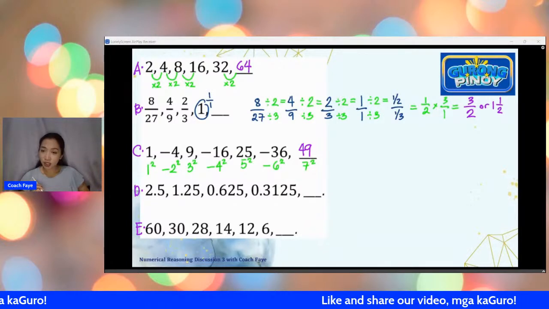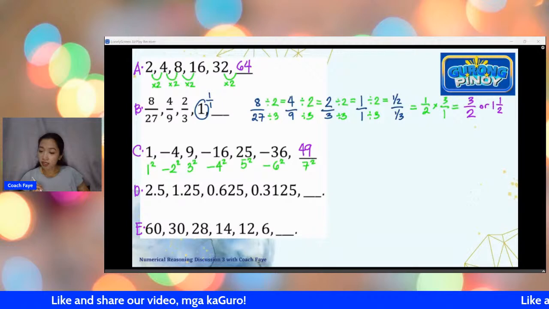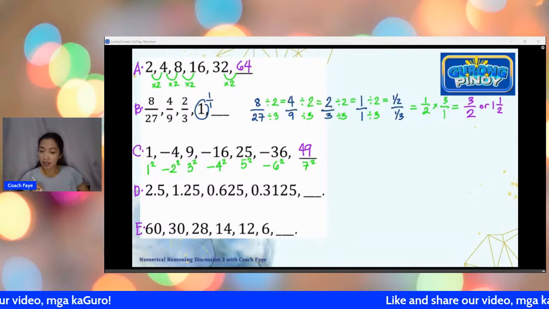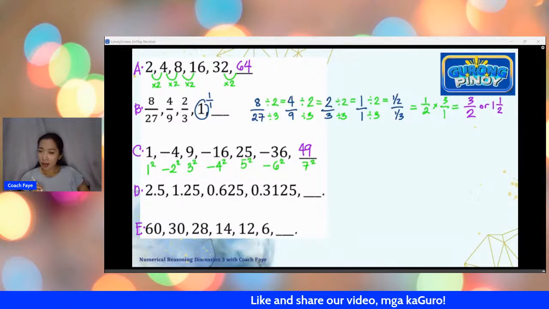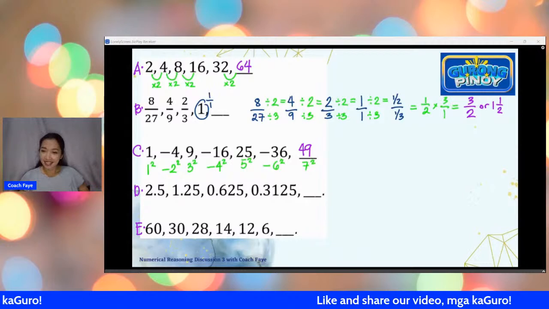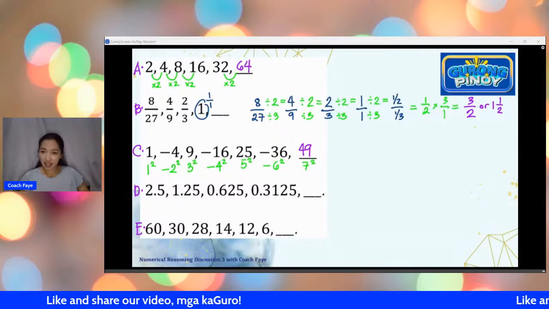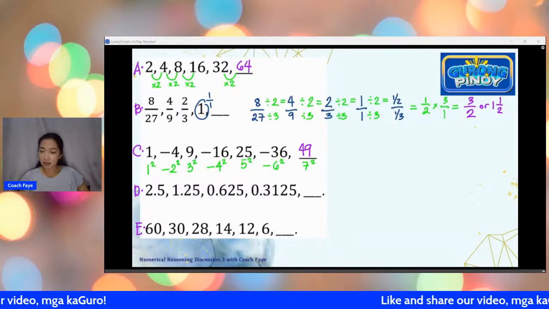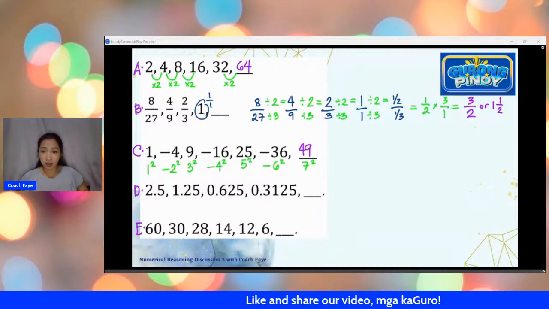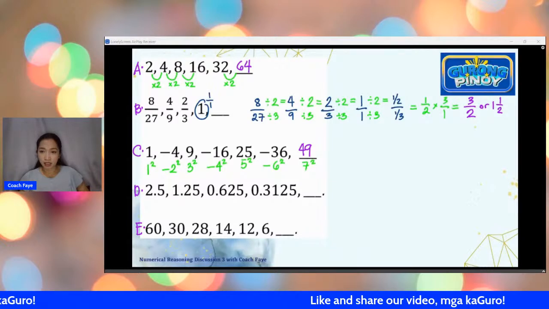So, what else? Letter D, may answer na po dito. Si Ma'am Jevy May, 15625, yes. Tama po, si Ma'am Jevy May. Yung sa letter E, Sir Miko, review ulit. Malapit na malapit po kayo. Paki-check muna. Tama ba? Take two, Sir Miko, take 2 muna. Ayan, si Ma'am Johanna, tama. Si Sir JC, pwede rin. All positive numbers muna. Tapos, mag-alter ka na lang ng sign later, pwede rin. So, I'll have an extra slide. Gawa po tayo ng extra slide mamaya to discuss it in detail.